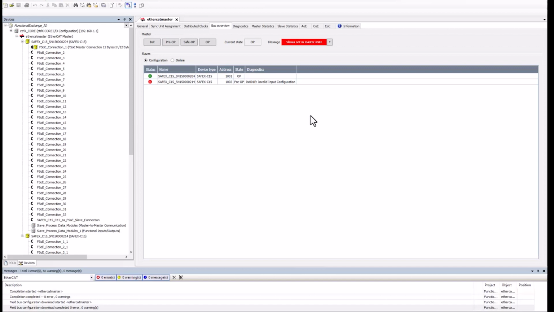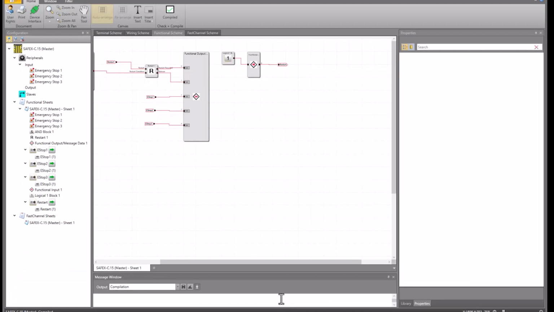Next we have to do the FSOE slave configuration also on the other SafeX. This is what we do. This is now the open program of the SafeX 214 at the end.